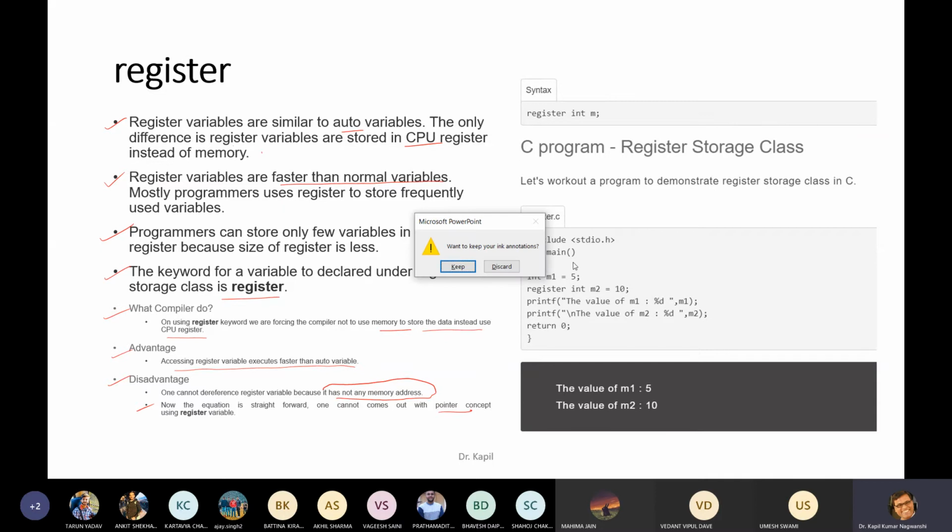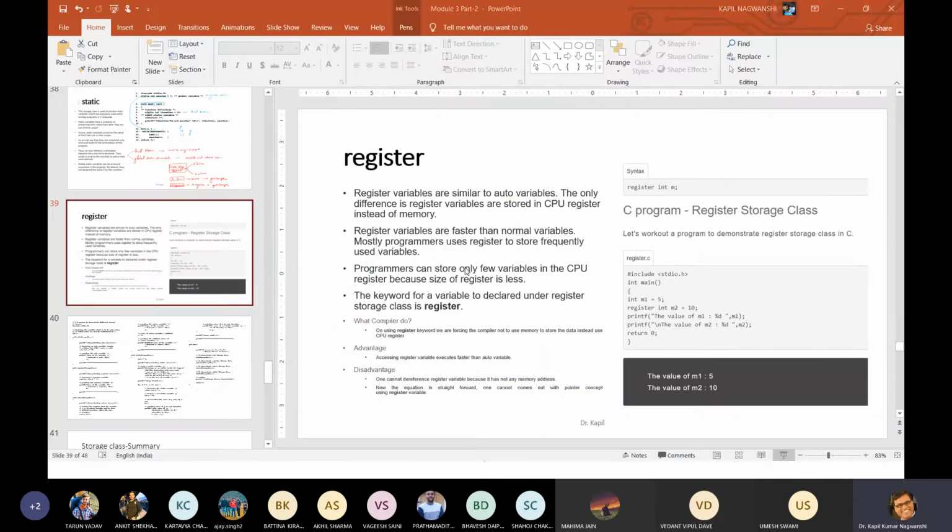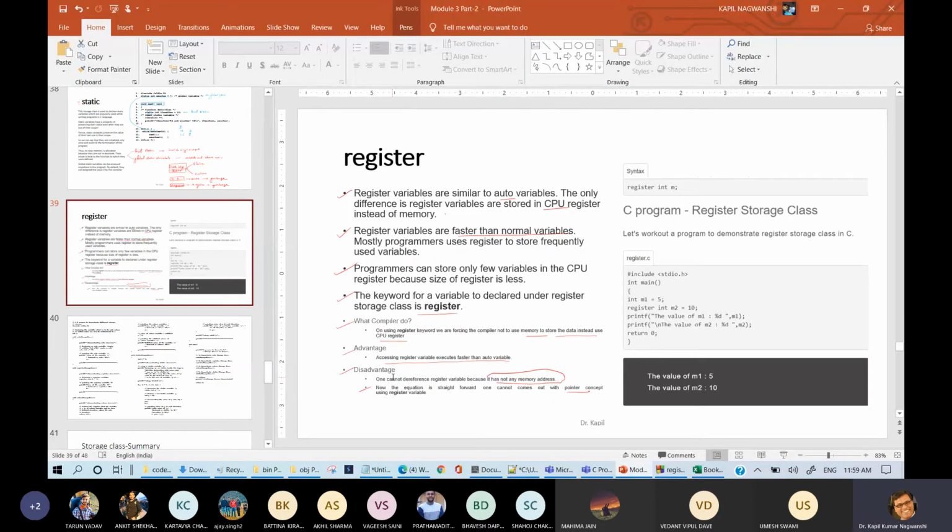So see, if we go by runtime, many different conclusions come. But at the time of compiler evolution, the speed of memory was very low. My memory speed is very high, 2.8 gigahertz. That time the memory speed was only 32 to 300 hertz. So that's why register played an important role.